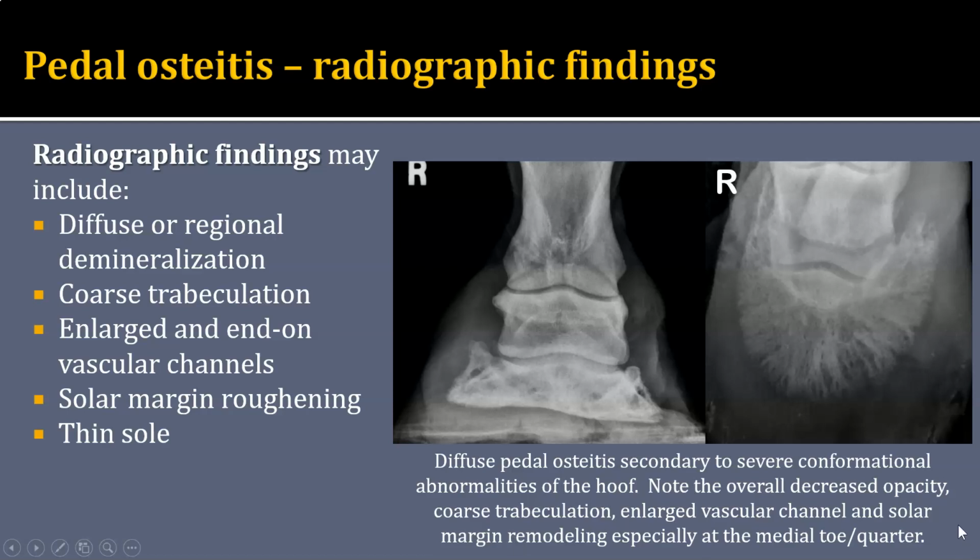So the example here I have of a more diffuse pedal osteitis is in a patient that has severe conformational abnormalities of the hoof and probably had old hoof trauma. On the DPO view, we can see changes that look very similar to some of the examples we saw for the chronic laminitis, where the patient has coarse trabeculation with lots of enlargement of vascular channels, overall diffuse loss of bone opacity, but also very focal loss of bone opacity with more irregularity to the solar margin here at the medial kind of toe. And that actually happens to be where there seems to be a deformation of the hoof